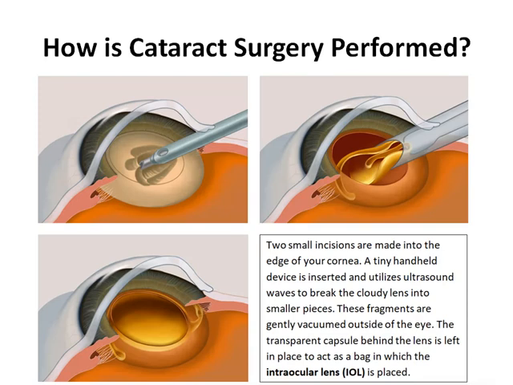Two small incisions are made into the edge of your cornea. A tiny handheld device is inserted and utilizes ultrasound waves to break the cloudy lens into smaller pieces. These fragments are gently vacuumed outside of the eye through a 2 mm incision. The transparent capsule behind the lens is left in place to act as a bag in which an intraocular lens,